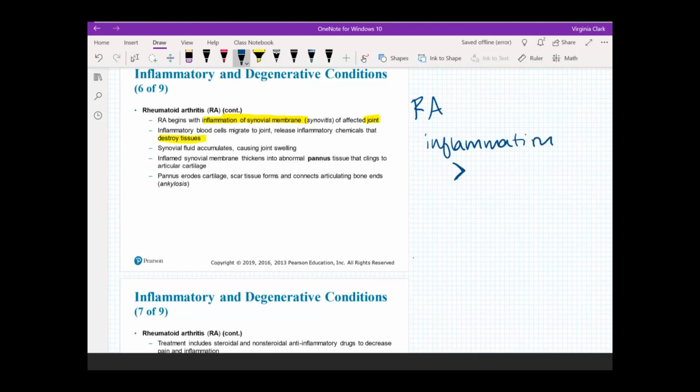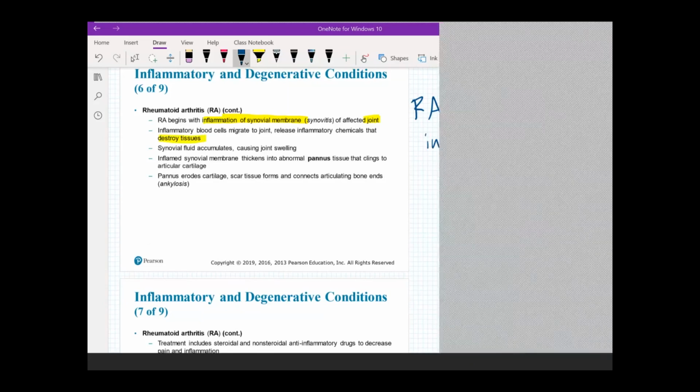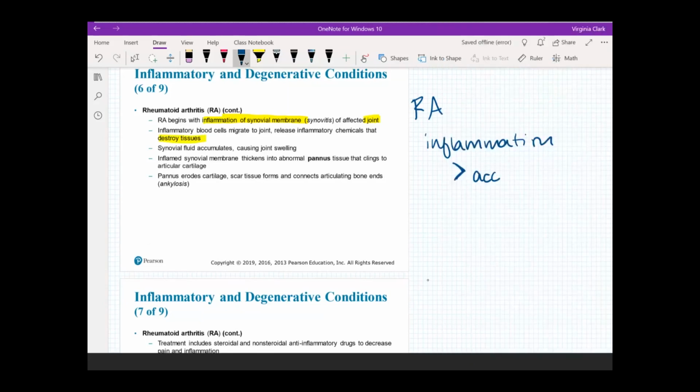And as that happens, you will essentially accumulate fluid in that joint. And as you accumulate fluid in that joint, the joint will then swell. As the joint swells, you will get a thicker membrane, because you need to create more synovial fluid. So you will have a thicker synovial membrane because it will cling to that articular cartilage. So as you get a thicker synovial membrane,